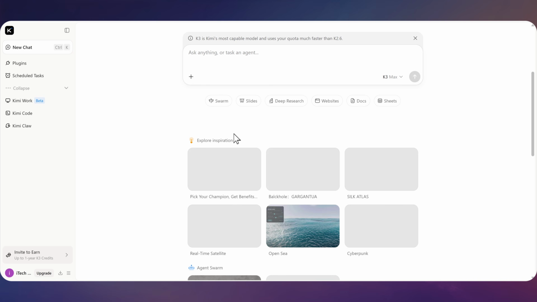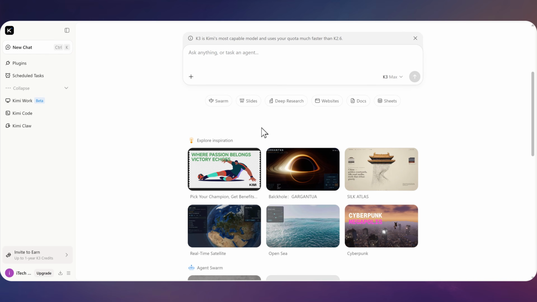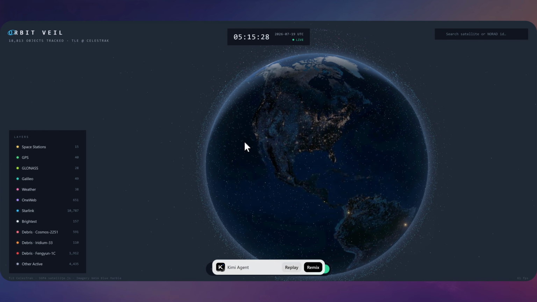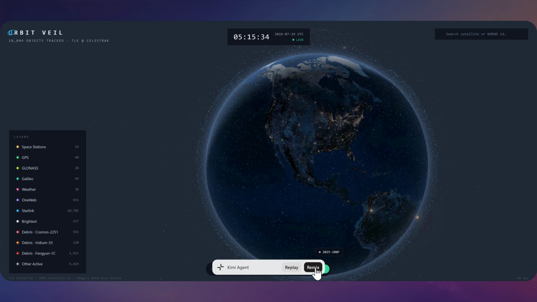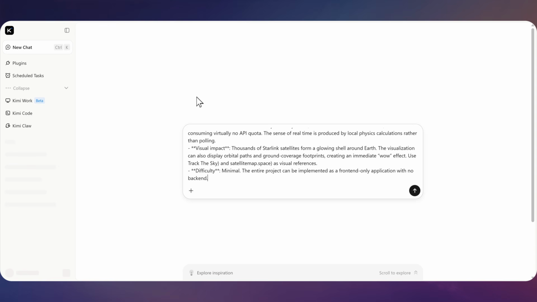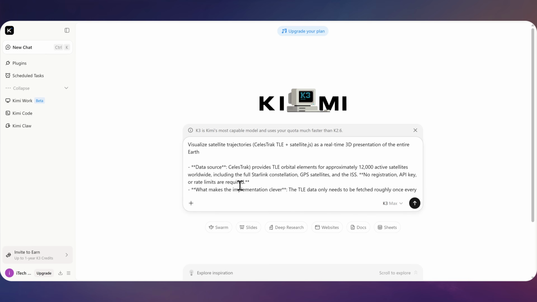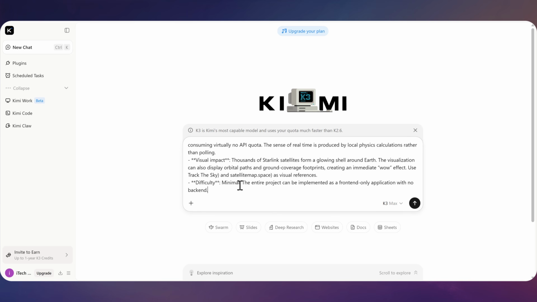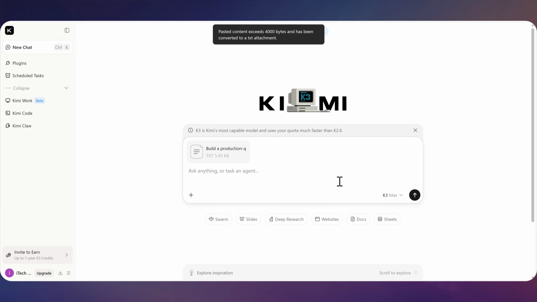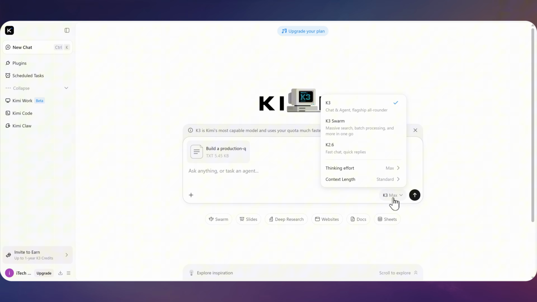I will try some examples that are already given here. Let's try this real-time satellite project. I will just click on it and then open the project. With this project, you can monitor satellites in real time. So I will simply remix this project. And then I got the detailed prompt in the chat box. I will copy this prompt and make it even better. So I pasted the refined prompt, and now for the model, I will select K3 and thinking effort maximum and then create